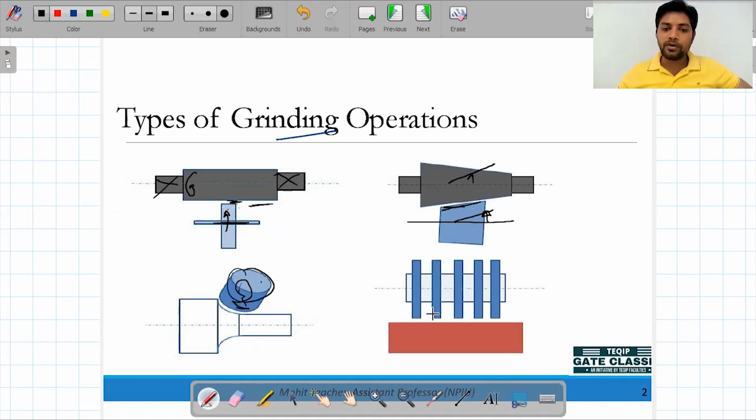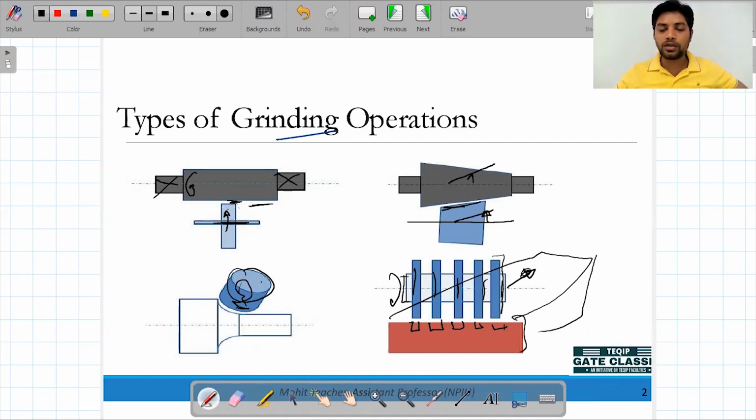Now if we have to make a groove over the workpiece surface, it has some length. We have a spindle, and over that this grinding wheel is mounted. It depends on how many grooves we have to make. Once it is rotating, we can either provide the feed to the tool in this direction while holding the workpiece, or if we hold the grinding wheel, which is just rotating, we can provide the feed to the workpiece, so that whatever depth of cut you have to remove, you can remove it in a single pass, or it depends on how many passes or depths of cut we are taking.